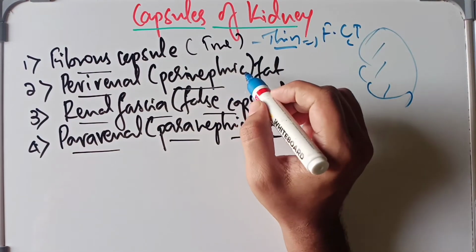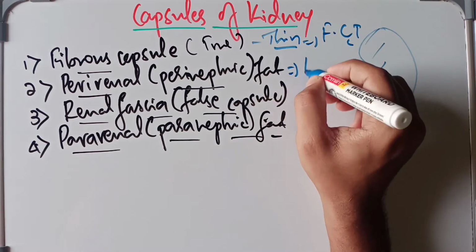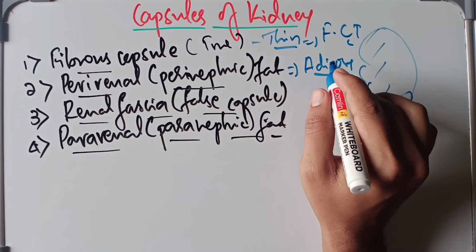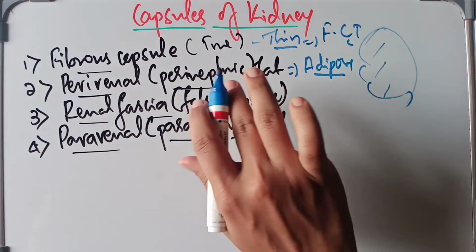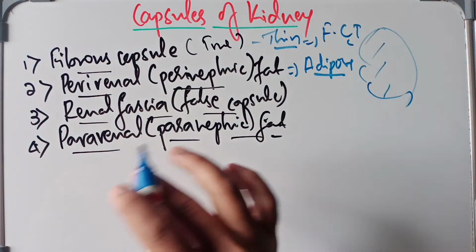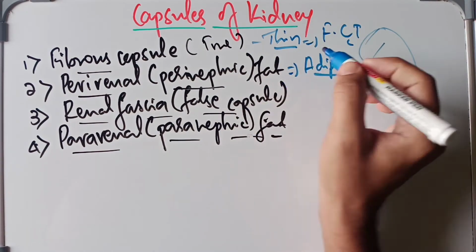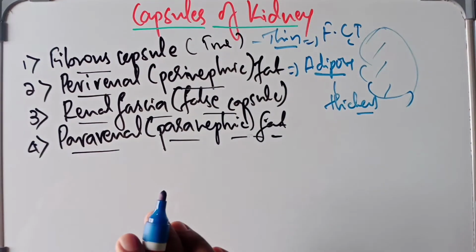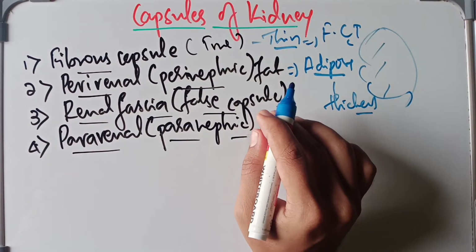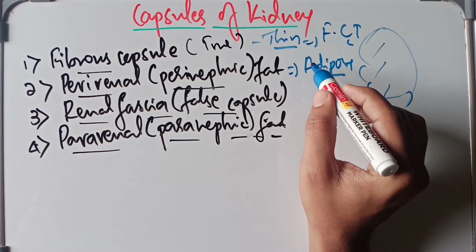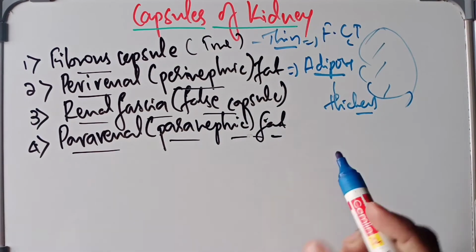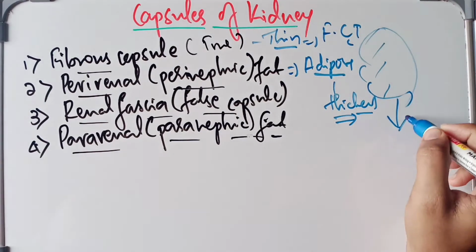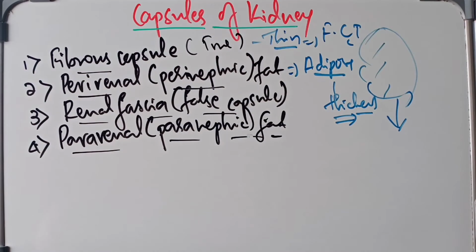Coming to the perirenal or perinephric fat, it is a layer of adipose tissue surrounding the fibrous capsule of the kidney. It fills the space inside the loosely fitting sheath of the renal fascia. This fatty capsule is one of the thickest, and in chronic debilitating diseases, the depletion of the perinephric fat can cause downward displacement of the kidney. So in some diseases, if this fat is not enough, it causes the kidney to move downwards. That is one of the important hallmarks.